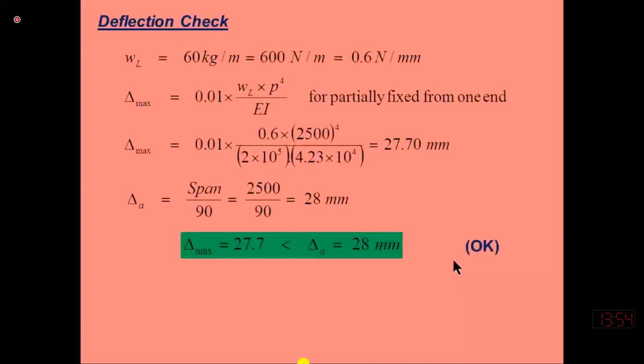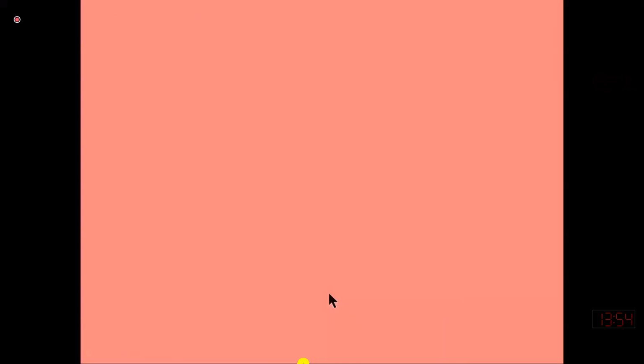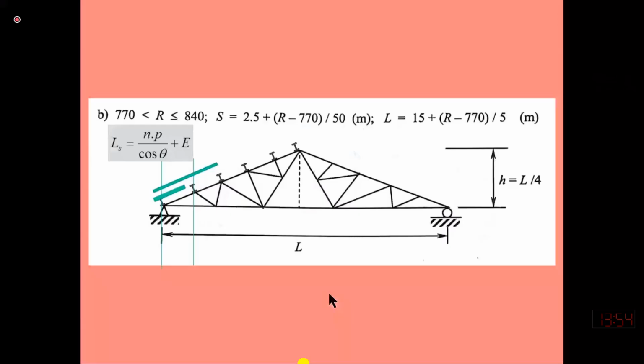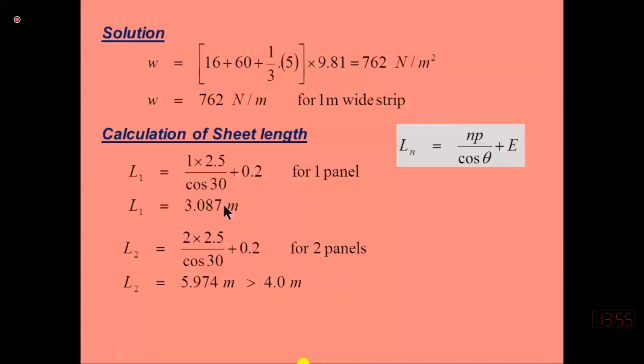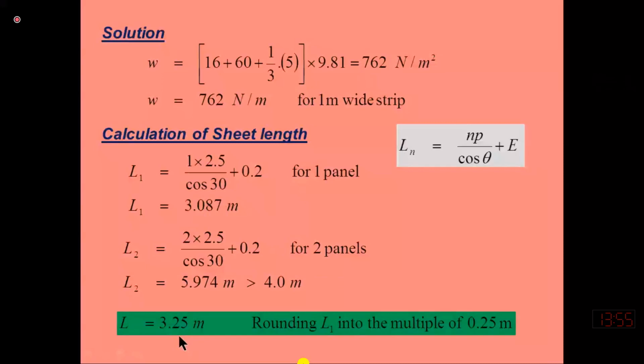So length. Here you need to use the actual length, not the rounded value. The actual length that we have computed here, maybe in this sheet, is 3.087. But anyhow, we are ordering for 3.25, because even though you order this length, he will always charge you in multiples of 0.25 millimeter. So we are ordering this, but the actual length that we need to cover within the panel point is